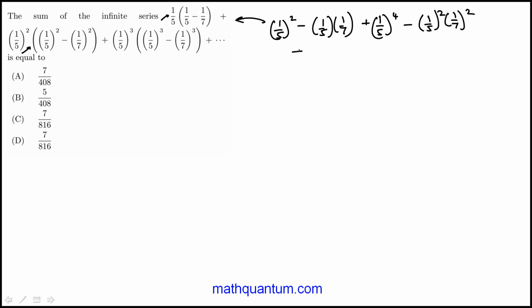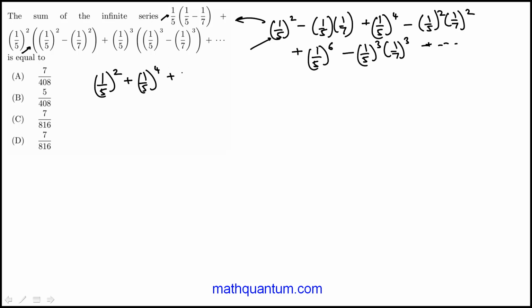It's really about noticing a pattern eventually. So that's 1/5 to the 6th and minus 1/5 cubed times 1/7 cubed. So we have two sets of terms here. If you take out that first part, that 1/5 to the 4th, and then 1/5 to the 6th, and so on and so forth, you can directly apply the formula for the